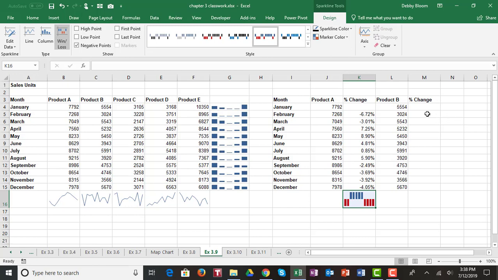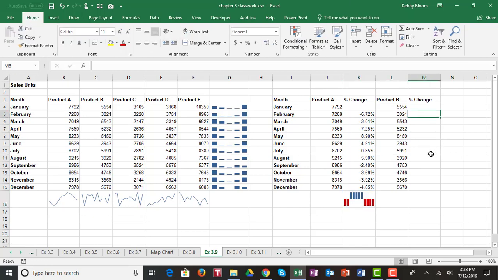Let's try this again to make sure that we can do it correctly. So I'm going to click in cell M5. I'm going to enter the formula to calculate the percent change. I'm going to tell it to take February's number, subtract January's number, and then divide by January's number. So equals, open parentheses, click on cell L5, and then subtract, click on cell L4, close up the parentheses, /, click on L4,